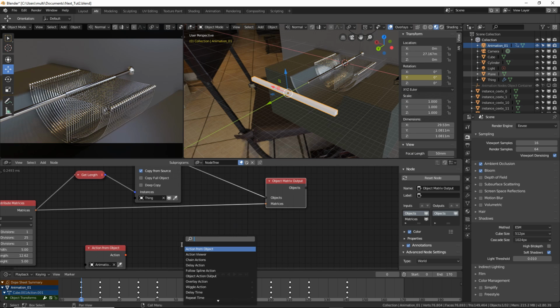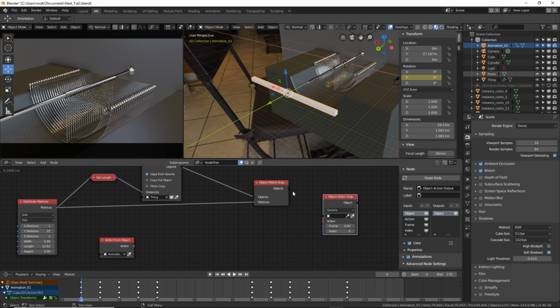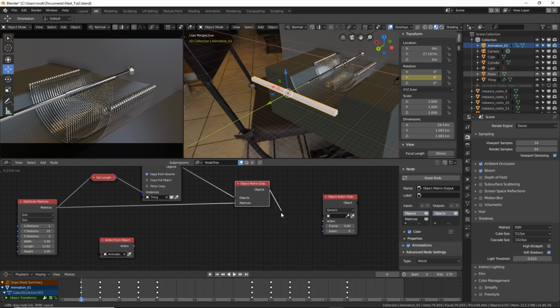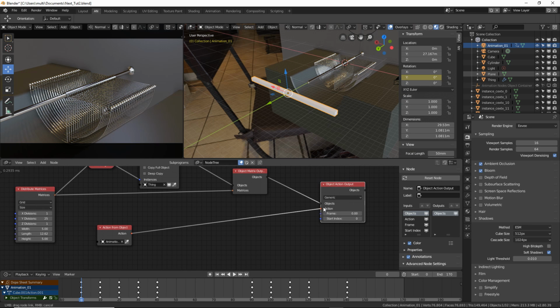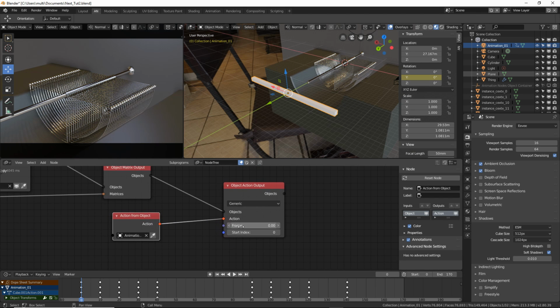So create an object action output. Okay, so we'll connect this object transform output to action output. So connect the objects to objects, and we'll connect the action to action, and if you change the frame, you will see our animation has been transferred onto these objects.